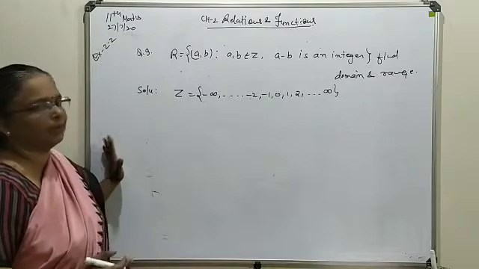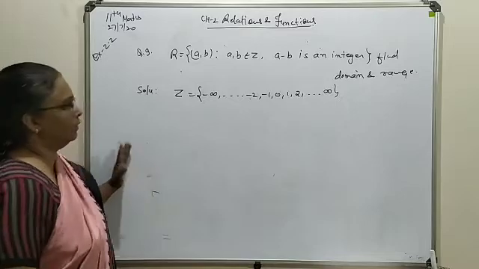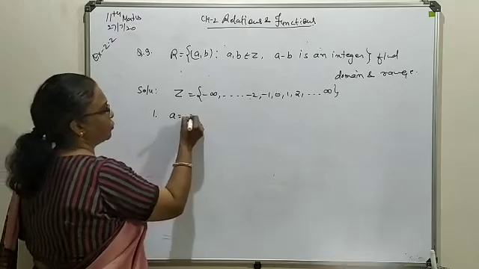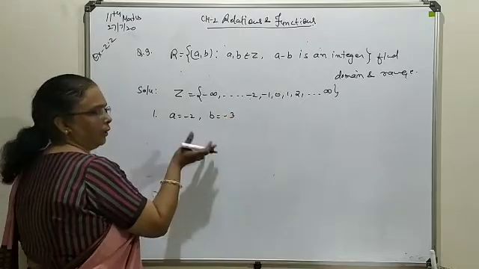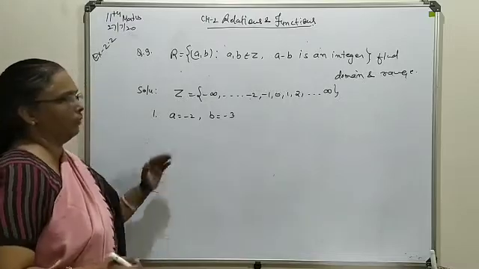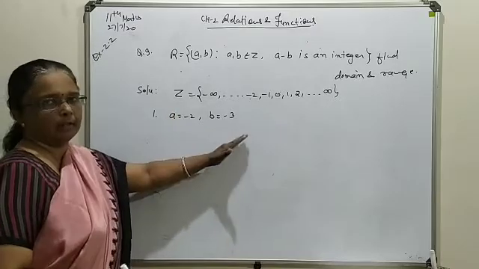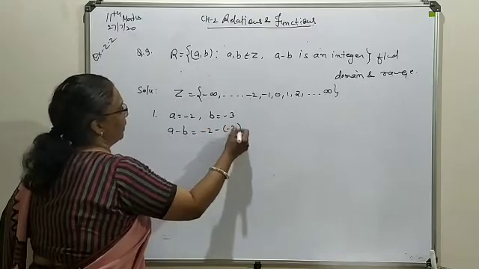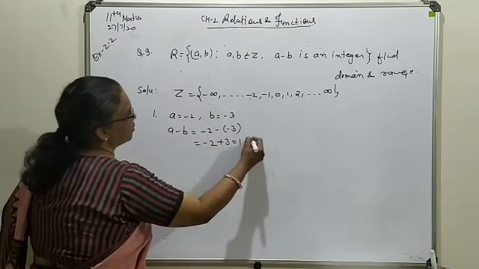Now you can select any value and find the solution as a minus b. So let's take an example: suppose we take a is minus 2, b is minus 3. You can take a and b in any order. It is not necessary to follow any particular form. Even in between you can select randomly any value for a and b. So here we write a minus b means minus 2 minus minus 3. What you are getting? Plus 3 means plus 1. Plus 1 belongs to Z.